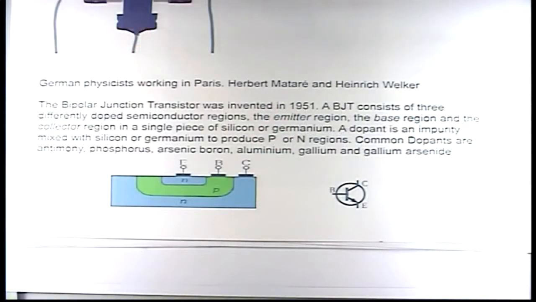The bipolar junction transistor was invented by Shockley in 1951, and you basically take a complete piece of a semiconductor material like silicon or germanium, and then you introduce a dopant. So what you can do is have a material that is the same piece of material, but you can inject a dopant into different regions on this